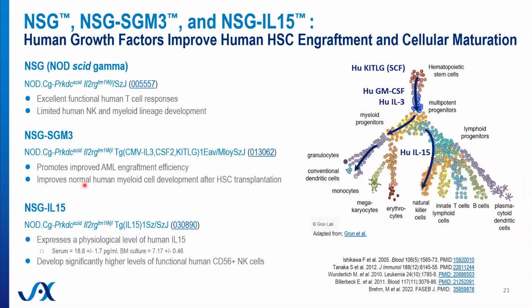And then we'll spend the remainder of the talk looking at the hematopoietic differences following hematopoietic stem cell transplantation in these different models. So the NSG is kind of the gold standard, and we compare everything to the NSG because this was the first mouse demonstrating really good hematopoietic stem cell multilineage engraftment. They have very good T cell education and function, but because of the lack of certain human growth factors, they have limited human NK and myeloid lineage development. So based on that, this mouse was created and donated to the Jackson Laboratory. This is an NSG mouse called the SGM3 because it's expressing stem cell factor,